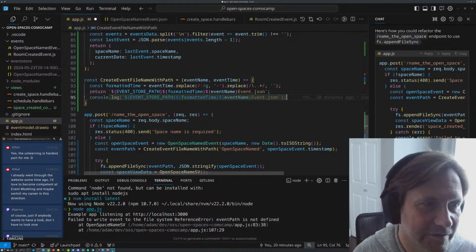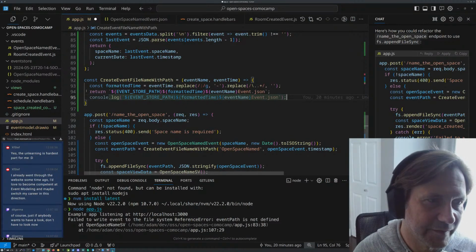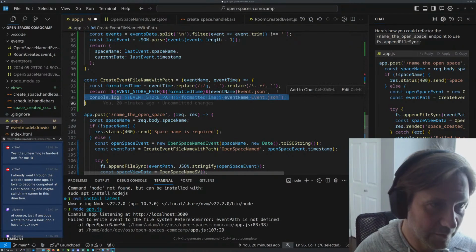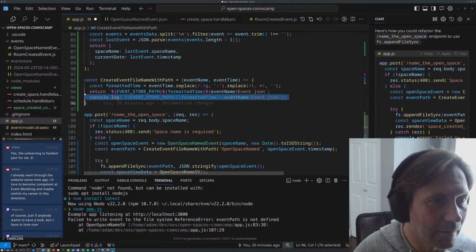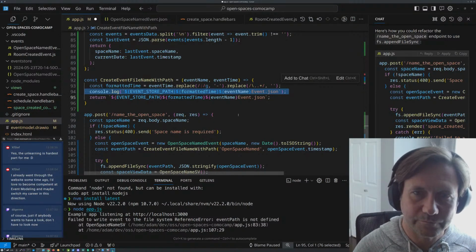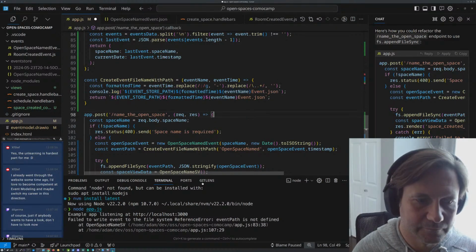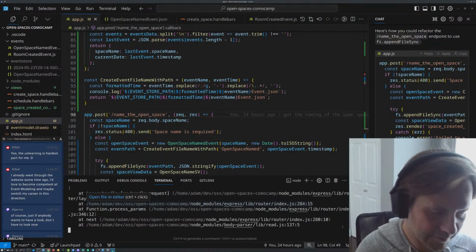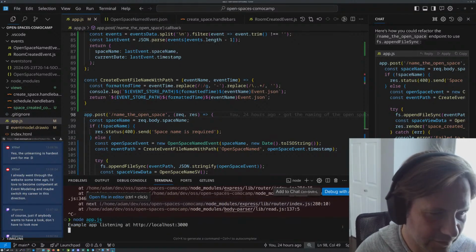And of course, it's in the wrong place. It's never going to be reached. I do have to restart this. I really should get the debugging thing fixed on here.